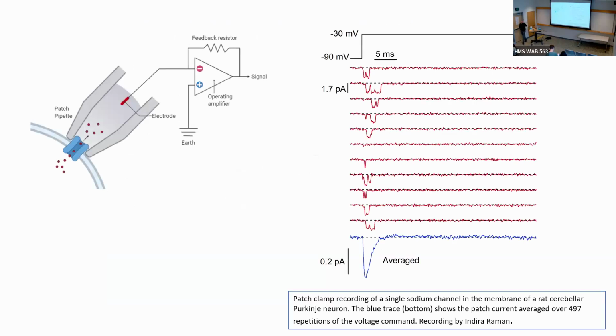So now let's go to the 1980s. Everyone was imagining what these channels might look like, but nobody had a way of really directly visualizing them. And two things happened in the 1980s. Again, I feel so lucky to have lived through this, going to research conferences on ion channels and seeing all this develop, which worked out really well for me because I'm an incredibly slow learner and I need to hear things like 10 times before they sink in. And it was awesome because I heard the same thing year after year.